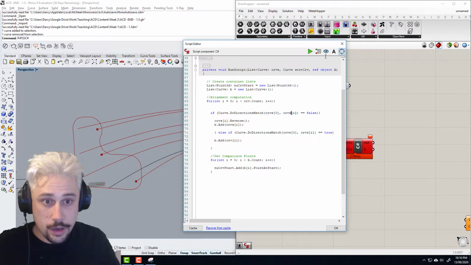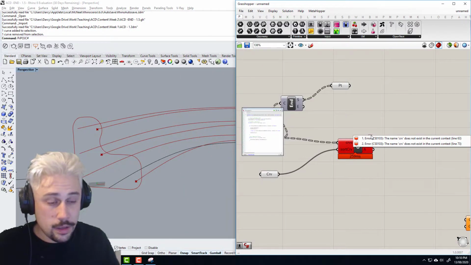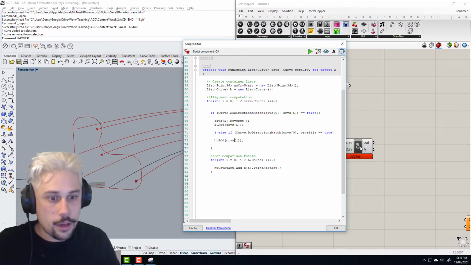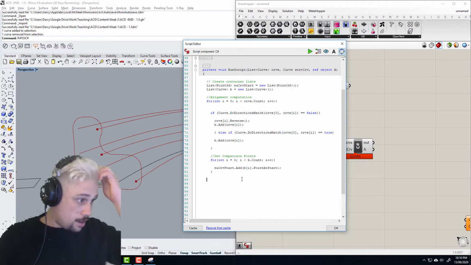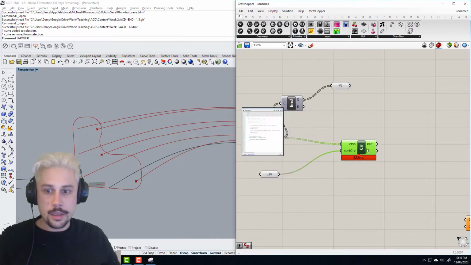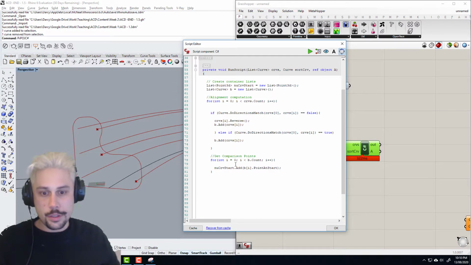Curves. 63, 73. Oh wow, it's all throughout it. 63, 73. Should have just called it curve. Cool, so we're good to go. So what we're going to do now is we have a whole bunch of points that we're going to sort